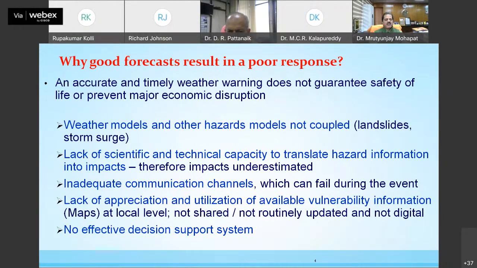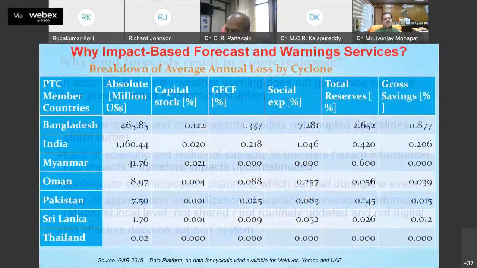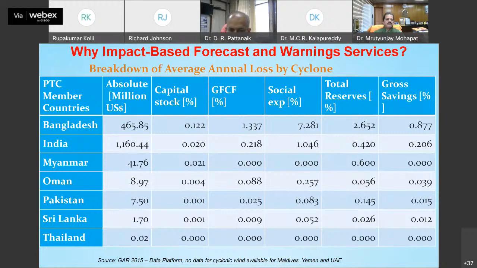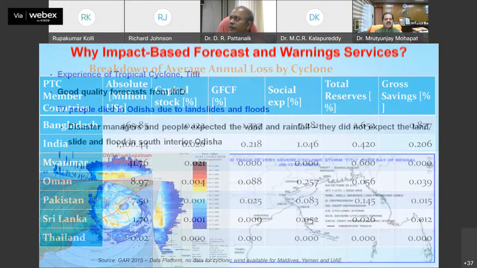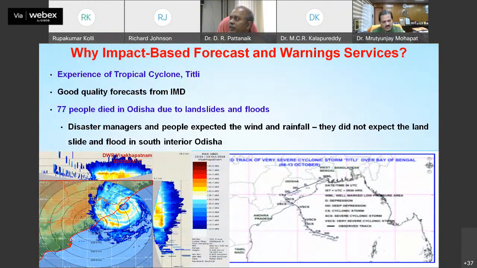And also, in many countries and many times with specific severe weather, we may not have an effective decision support system. So that's why, if you just find out the impact of, for example, cyclone losses in different countries in the Southeast Asian region, you'll find that there's a huge loss in terms of the absolute value, also capital and other social losses. So if I take an example of severe weather events, this is the cyclone Titli,